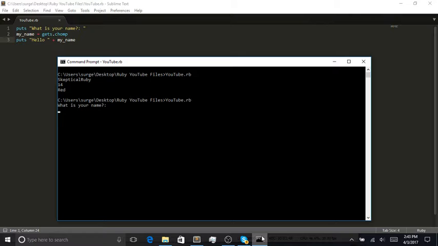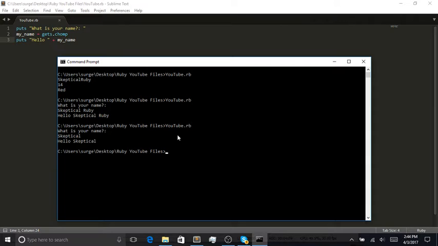Run this. What is your name? As you can see, we can type in the console now. So we could type in Skeptical Ruby, and there could be spaces too. Hello Skeptical Ruby. As you can see, very nice, and we can rerun it. I didn't program it to say Skeptical Ruby. We can say skeptical, hello skeptical, rerun it. Create some random name, Richard,